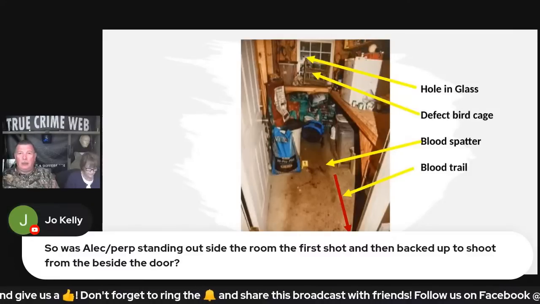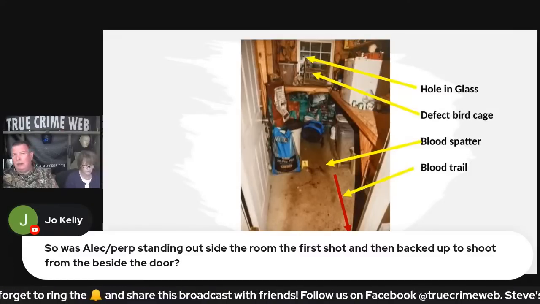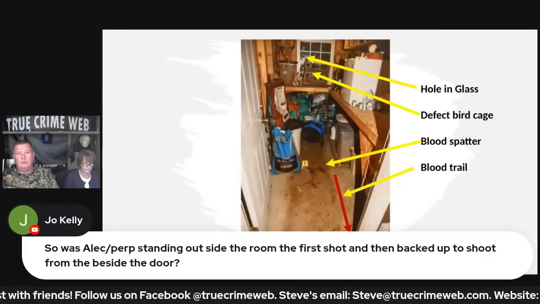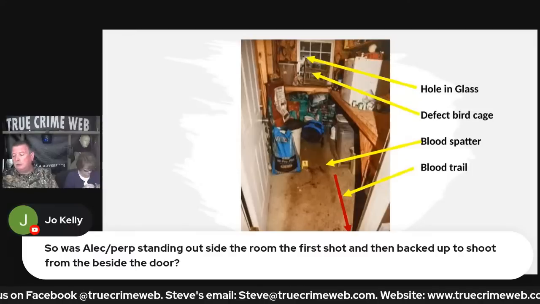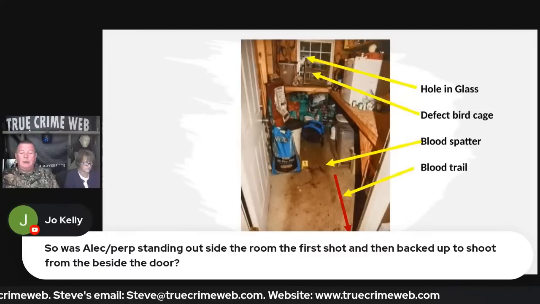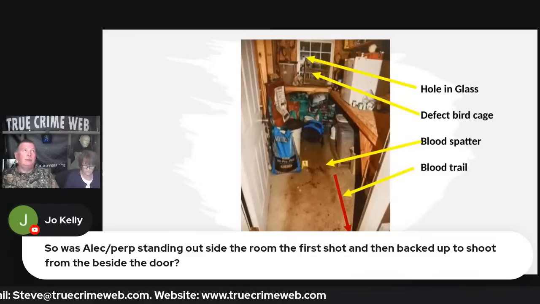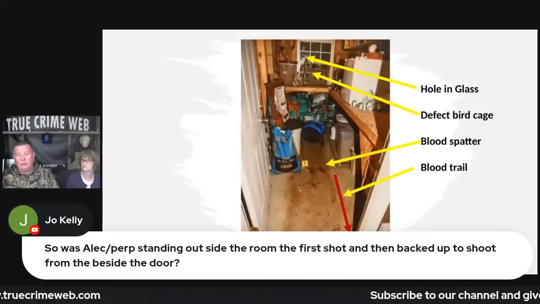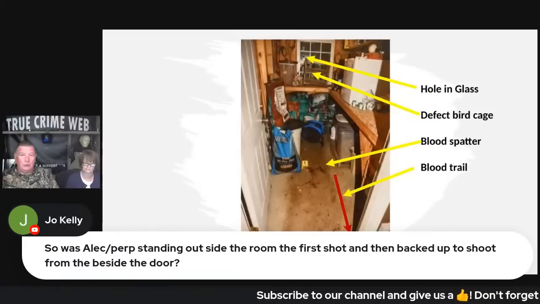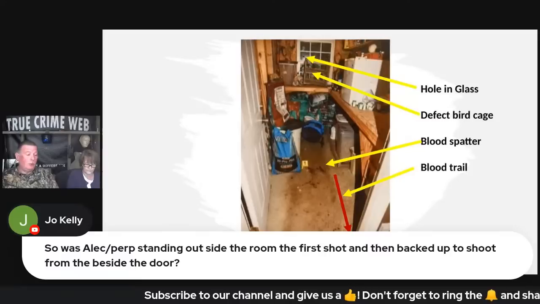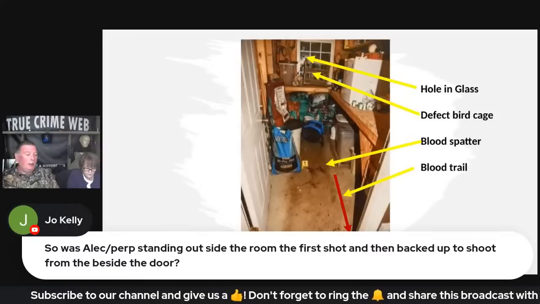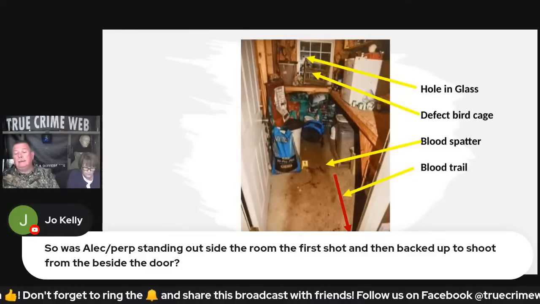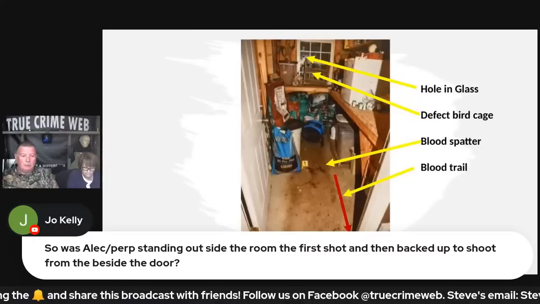Because I don't know what type of shotgun choke or anything on it. There's a lot of variables in this. But no, I think the offender was in the room with Paul when the gun went off. And then for whatever reason, as I spoke in the last video, I've also fallen walking backwards, either in training or an actual close quarter battle, which is not a good thing. Being on your back is never a good thing. And is this what happened? Possible.